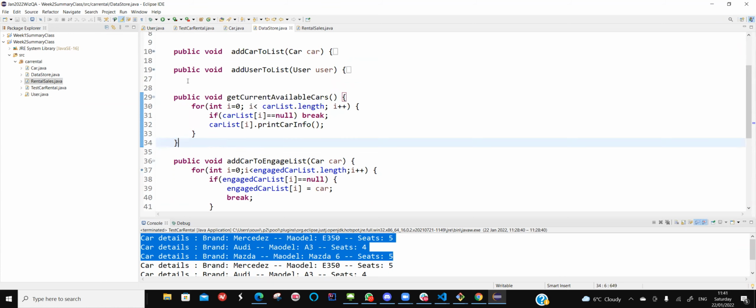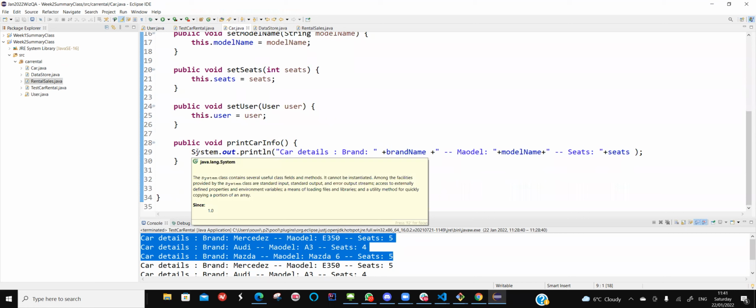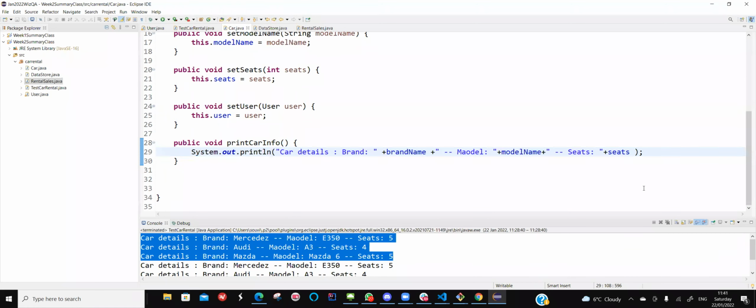Actually, you know what? Wait a minute. What I'll do is, get available cars will print me the available cars. I want to print out the engaged cars, so I'll have another loop, but I want to do something with this line, this car print car info, right? So I just want to add another stuff here, and I'll say it as